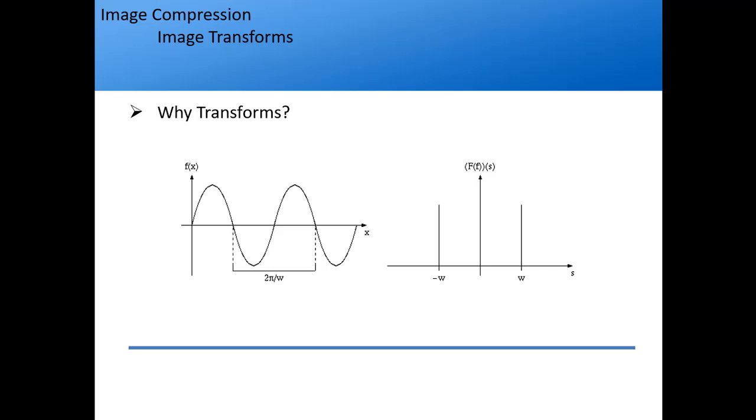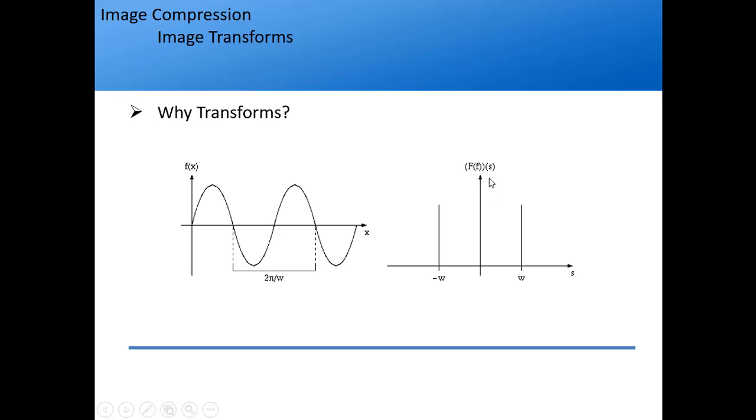So let's proceed further. Compression is usually achieved with the help of transforms. You have studied many transforms in mathematics, Z transform, Fourier transform and other transforms. So why do we use transforms? Simple. This is the function f of x representing a sinusoidal signal. As you can see, it is varying sinusoidally with time, right? Strictly speaking, this should be t and this should be f of t, because this is a time domain signal. As time progresses, we get a sinusoidal waveform. If I take a Fourier transform of this, I go from the time domain to the frequency domain.